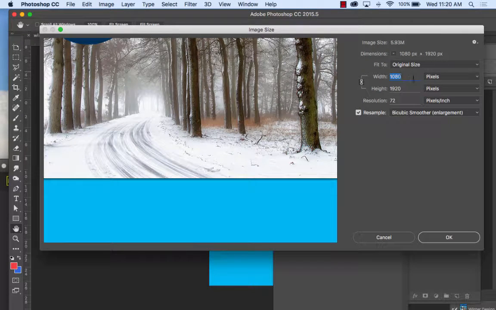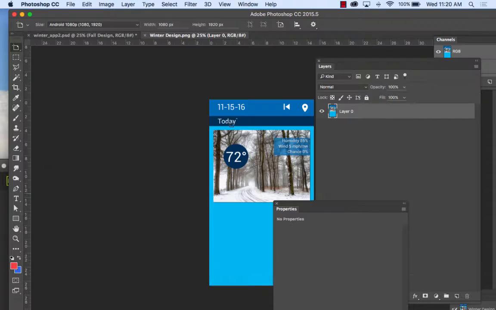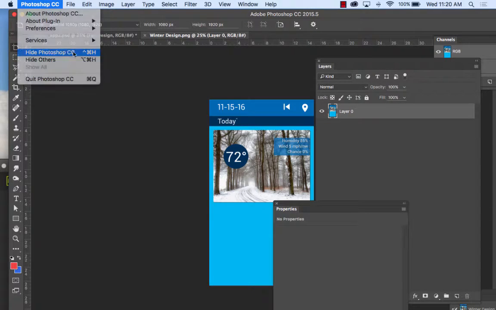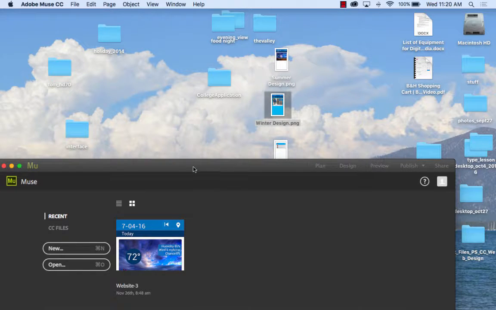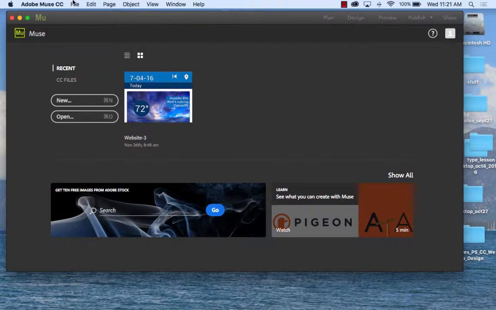It's 180 pixels across. Okay, yeah, that's right. I made 180 pixels by 1920 because I was using the Android size. Do you remember? I think I was using the Android or iPhone 6 size, right? So 180 by 1920. So in Muse, I'm going to make a window